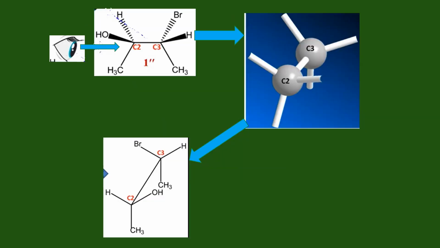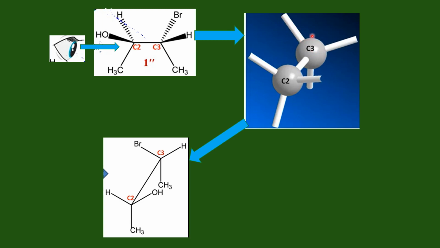The very same molecule is taken here. Now instead of viewing from C3, the molecule is viewed from C2. So C2 becomes the near carbon and that becomes the front carbon for me. So this C2 is kept as the ball here, and that has two groups in the upper side where hydrogen is at left, OH is at right. So hydrogen here, OH here, and the methyl in the downside. So this is the front carbon C2 having hydrogen at left, OH at right, methyl down. And this is the rear carbon that is taken as a ball here.